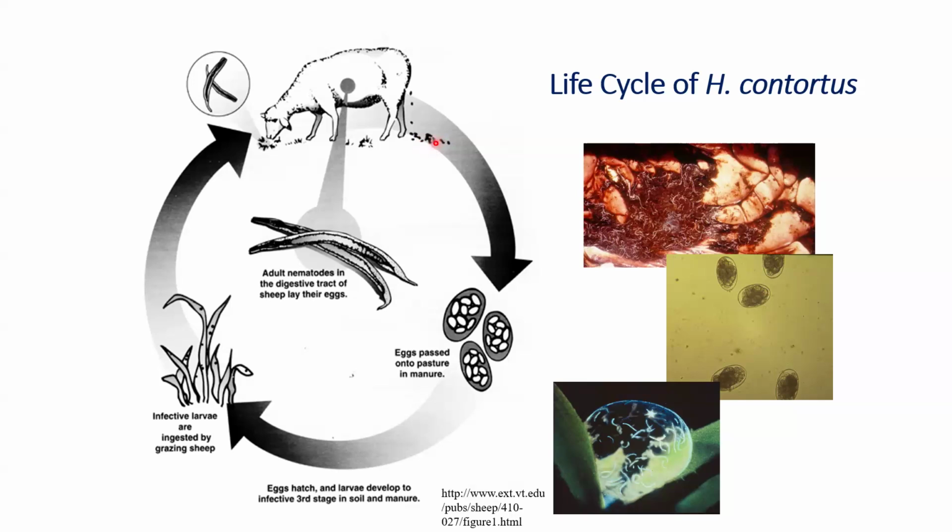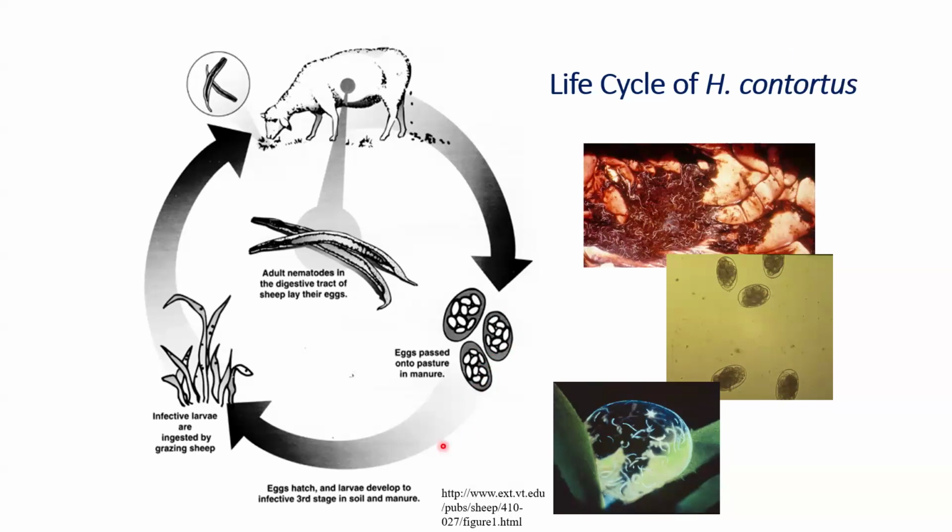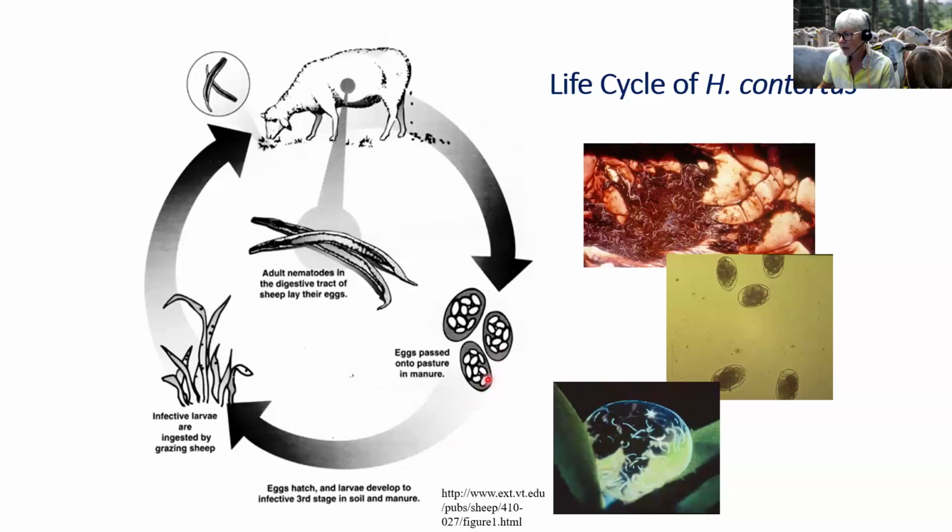So when we see the eggs in the feces, we can do what's called a fecal egg count. We can't identify which strongyles are which. We can't tell Trichostrongylus from Haemonchus contortus, but we know there's an egg count, and if there's anemia coupled with it, then there's a pretty good chance that this is barber pole worm, but we can't say for sure just from an egg count. So these eggs are deposited on the pasture, and then after a couple days, especially this time of year,